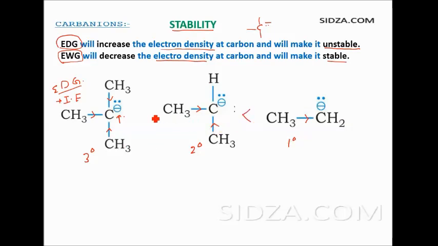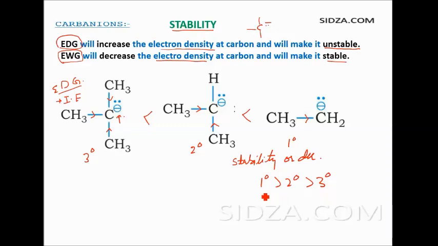So the decreasing order of stability for the carbanions is primary is more stable than secondary, than tertiary,